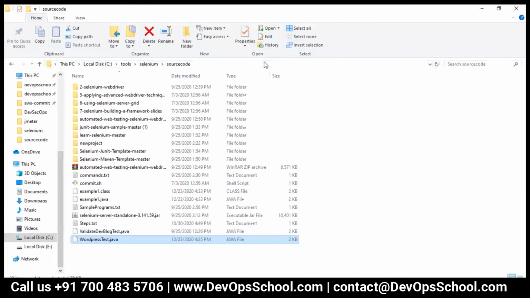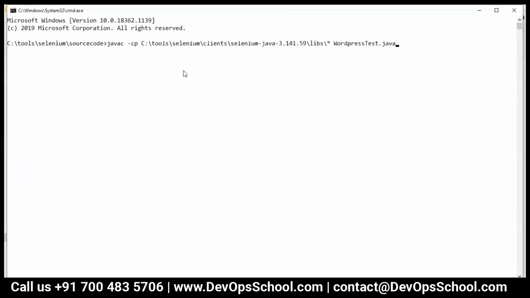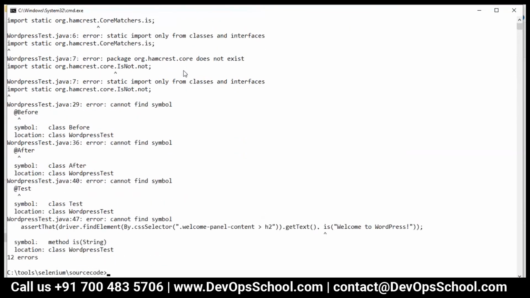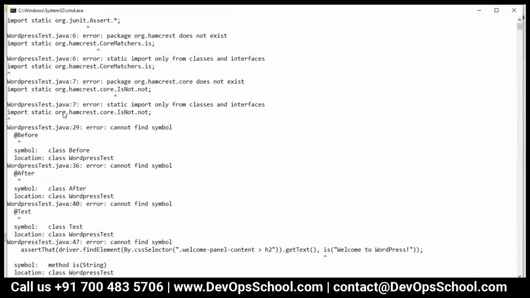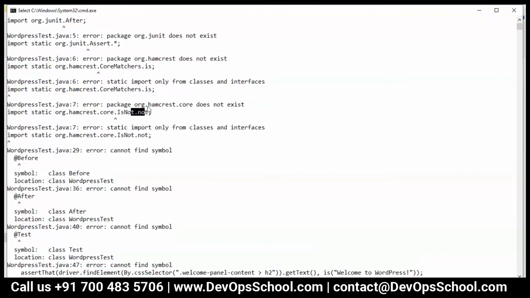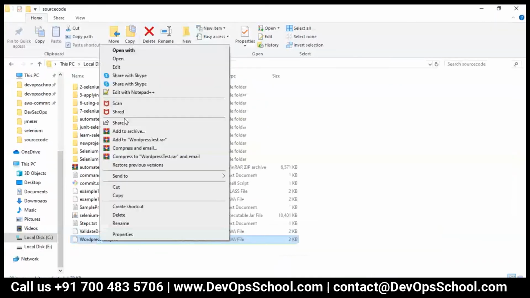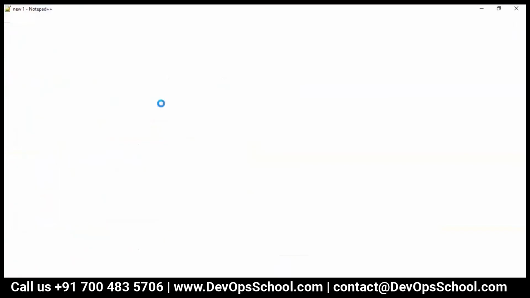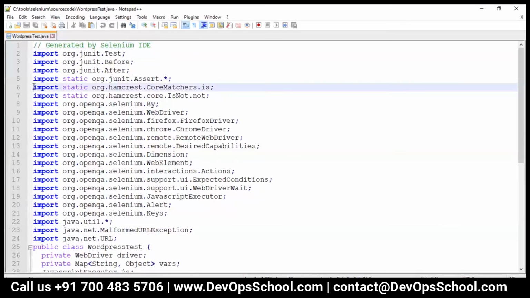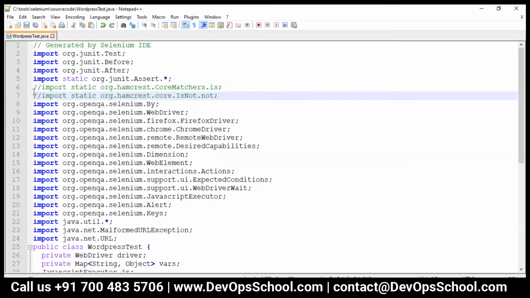I'm just wishing that the jar files should be there, else I'll have to search for those libraries again and then download them. And then which got failed. I was doubting about this. So here org hamcrest core and is not. So basically I was doubting because I never heard about that package. So instead of searching on Google, for the time being I'll see if I can make it work without that.